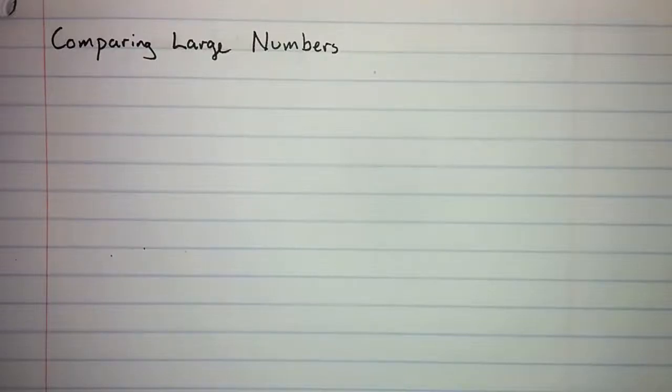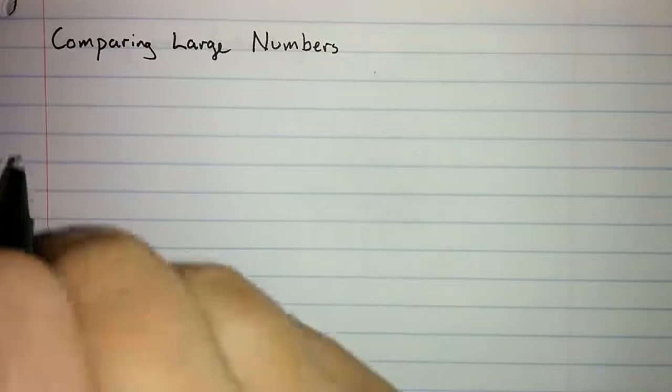Now, one of the things that we often want to do with numbers is compare them. That is, decide which one's bigger. And this can be troublesome when we hear large numbers spoken aloud. For example, maybe we want to compare the numbers